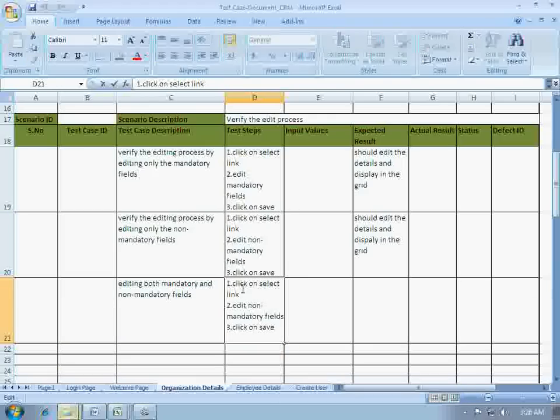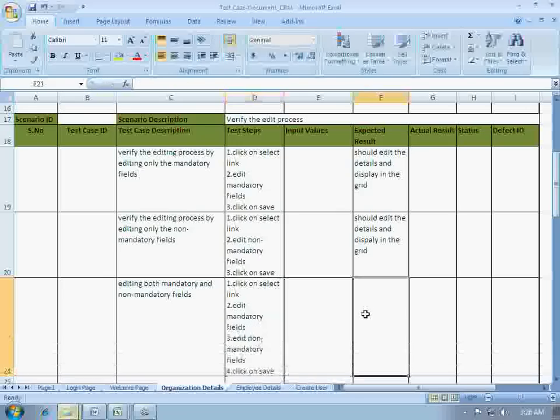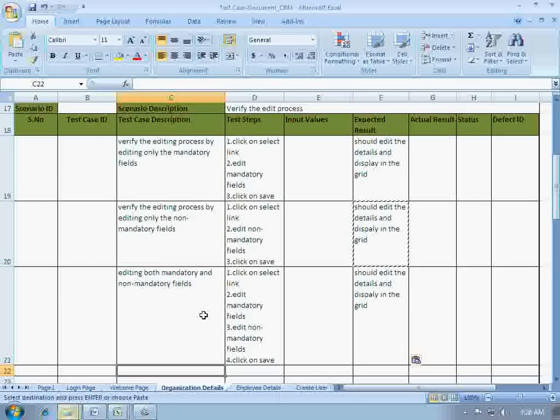So the first step, click on select link, edit mandatory fields, edit non-mandatory fields, and click on save. Should edit the details and display in the grid will be the expected result. These are the 3 test cases.